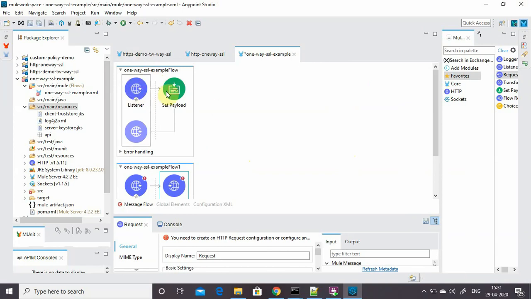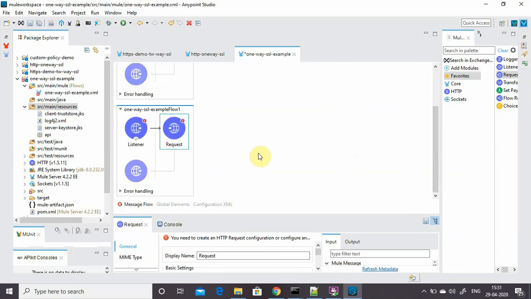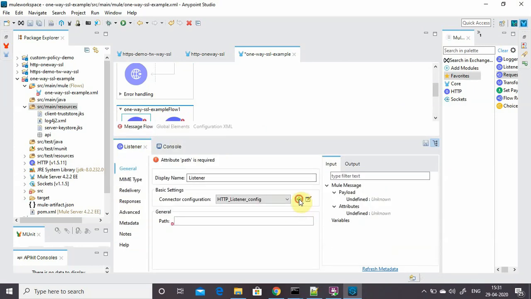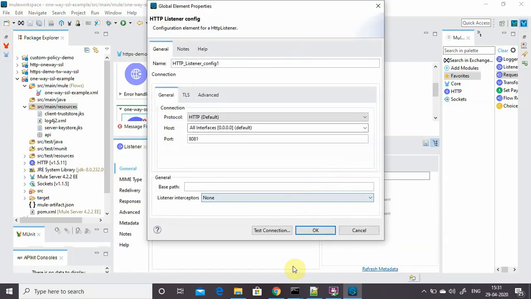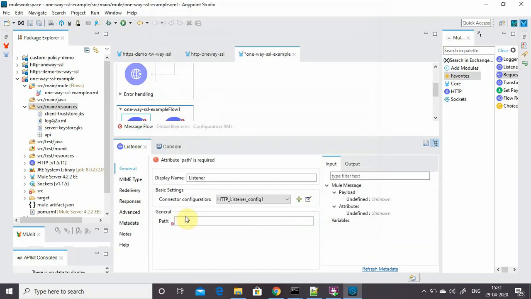This first flow is our server, where we have configured the key store. Now we will make this a client application which will call this flow. I will configure this listener to use HTTP only, port 8081, and path /test1.